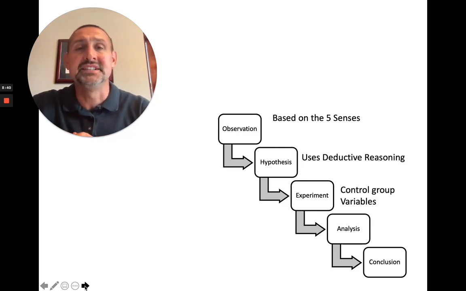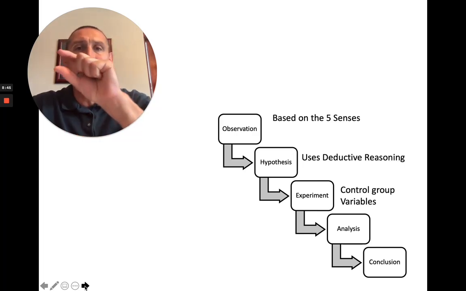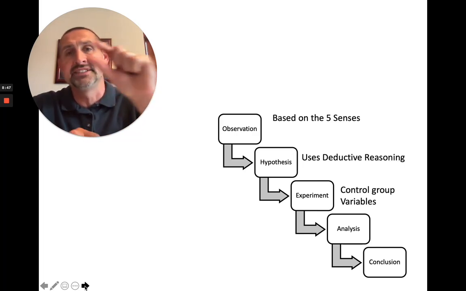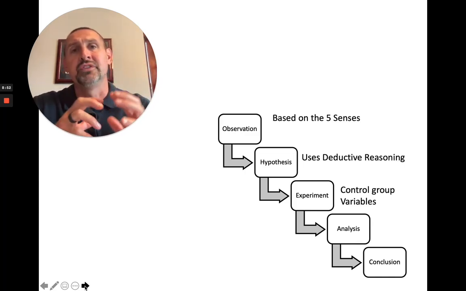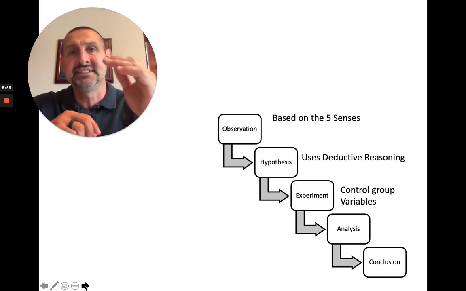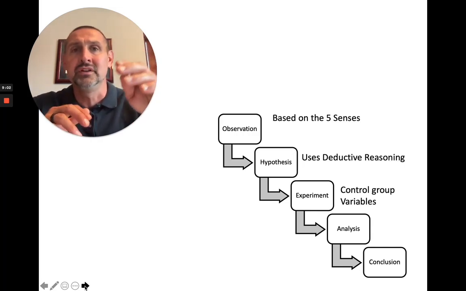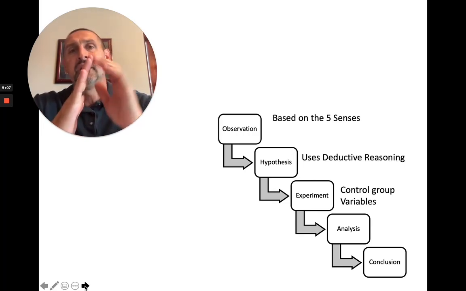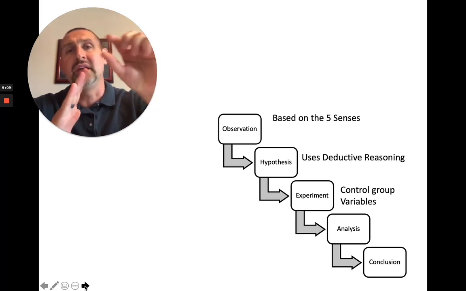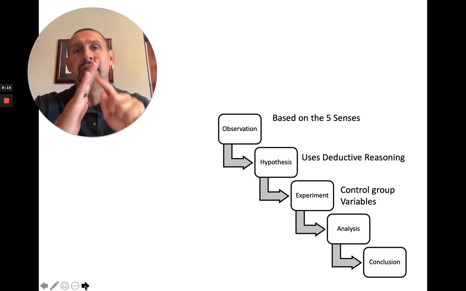Our hypothesis is based on deductive reasoning. The way deductive reasoning works is that we come up with what we think is a conclusion. All right, so that's our hypothesis, an explanation. Then we look for facts to support that conclusion. So we test it, we accumulate data, and we see if that data supports the conclusion. If the data does not support the conclusion, then we throw it out. So think of it kind of like an upside down funnel. At the top of the funnel here, we have our hypothesis, and then it's supported by the facts that we